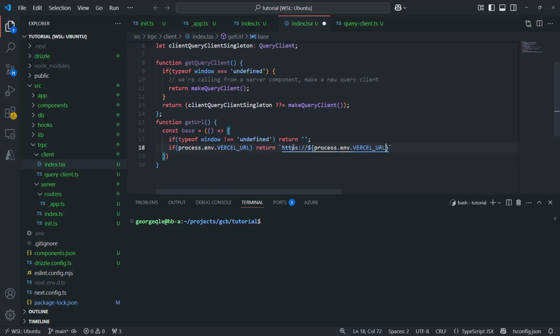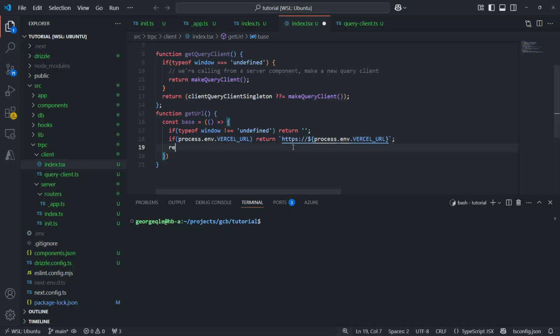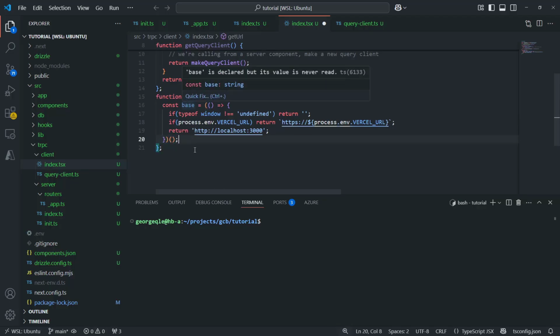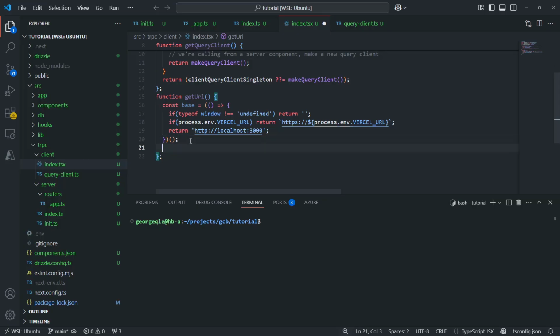process.env.VERCEL_URL. And then if there's none of these, then return, we're on development, http://localhost:3000. Great. Then we need to call this arrow function that we've created here. So the base evaluates to a string value, either an empty string, your Vercel URL, or localhost:3000. And then we're going to return one of those three values, base